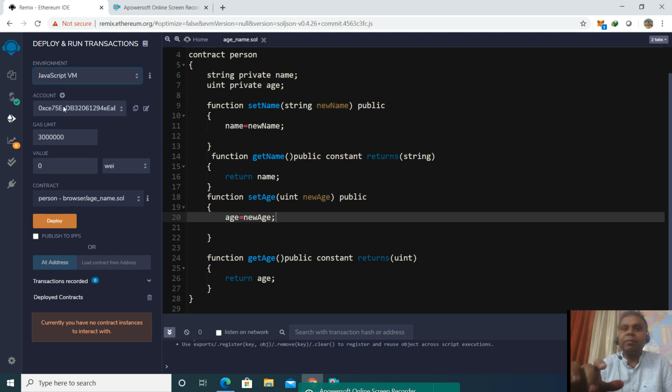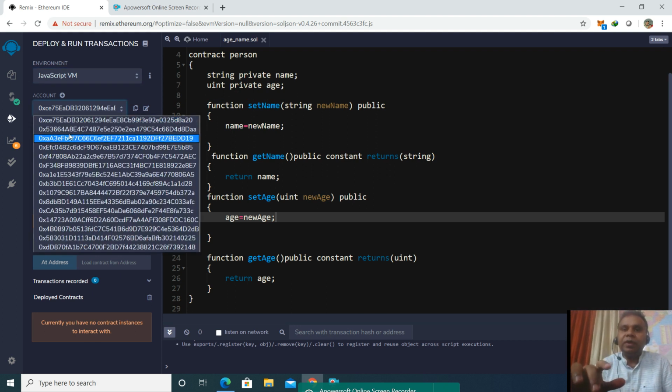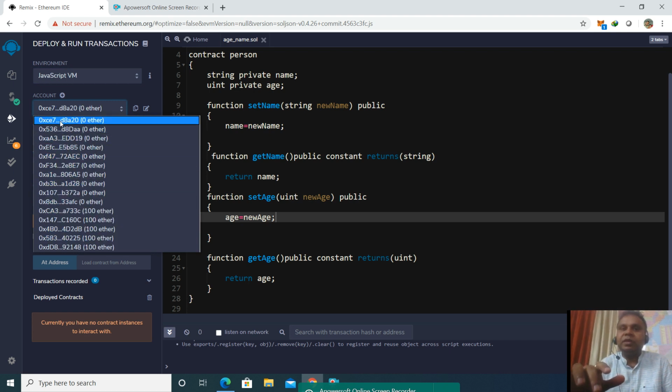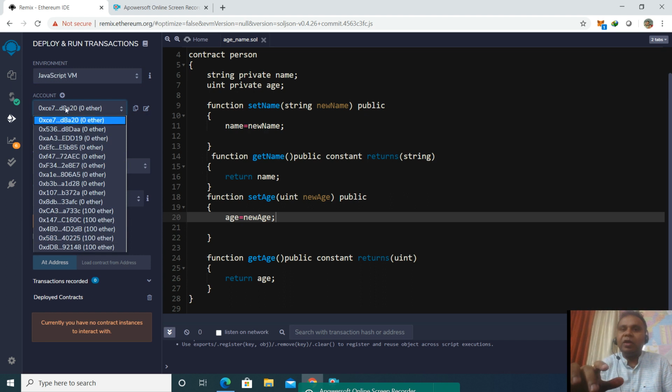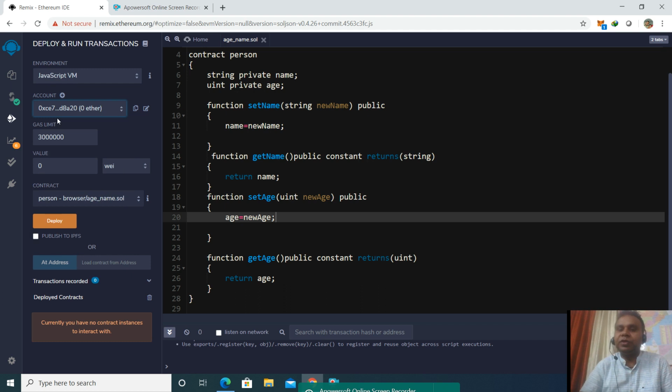Now this JavaScript virtual machine gives different addresses. You can say that these are addresses of different users of the blockchain. We can deploy this smart contract with any of the addresses we want. So we are deploying it with the first address which has been given to us, and we have already compiled. We have to deploy. The gas limit, when we talk about Ethereum: the smallest currency of Ethereum is WEI, and